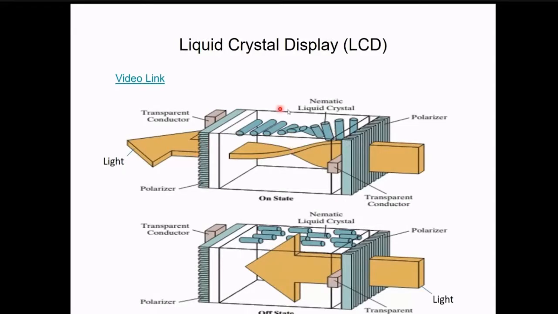So as you can see in the very first stage, what you have is the nematic liquid crystals that are taking the form of a light. And if it is able to take a particular form, a particular shape, then it will be able to illuminate the light on the viewer's side. Okay, so that is the very first thing that we have.